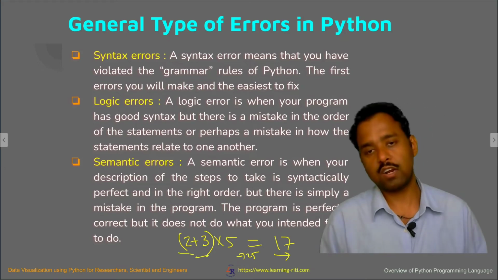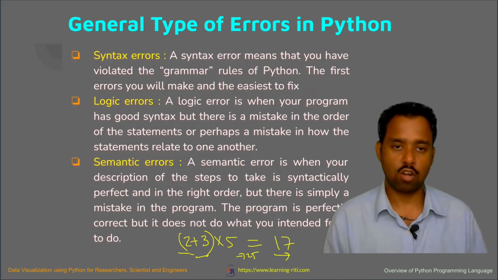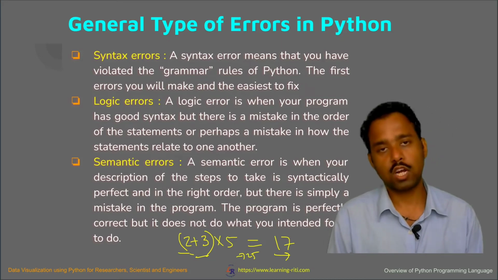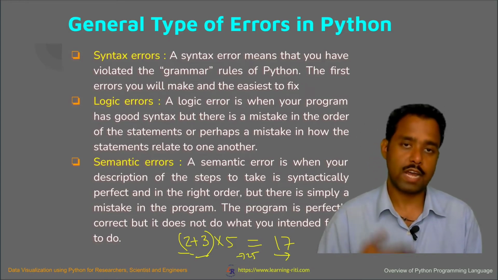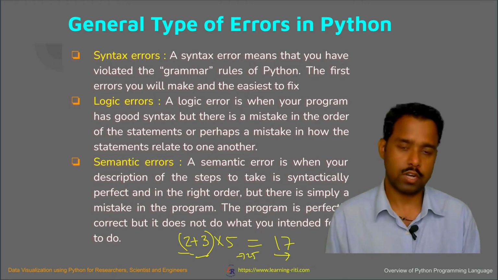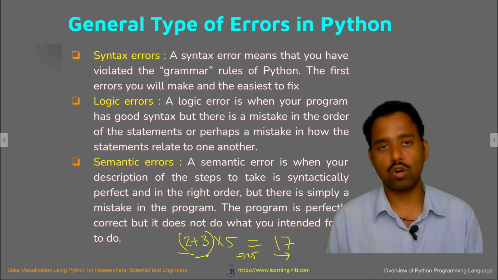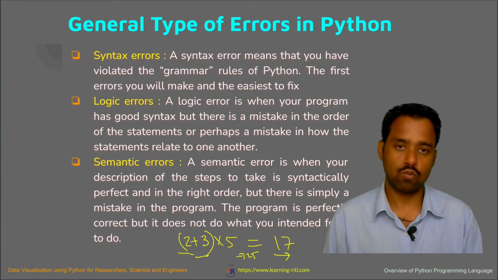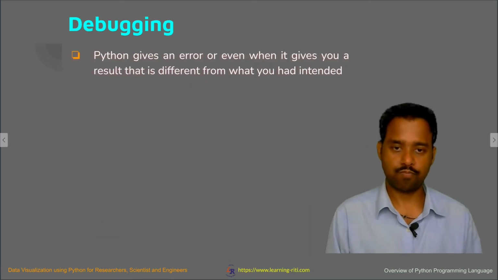So this kind of error can be there, and then you should look for that kind of error and solve that. These are the basic three types of error you can encounter, and of course you will be clearer once you are actually programming and encountering the errors. Encountering the error is good, because there you learn more, and then that error will be resolved and you will keep understanding how to write much better code.